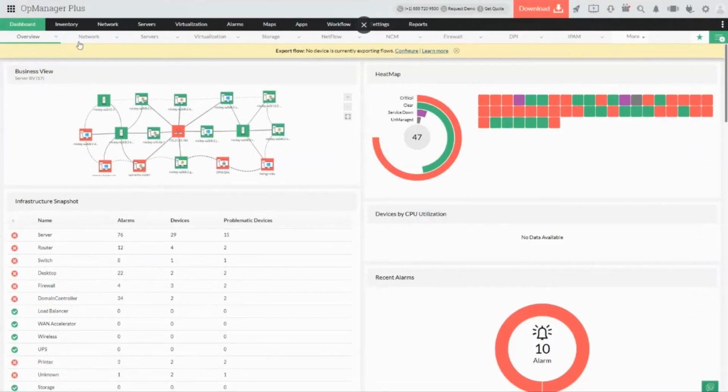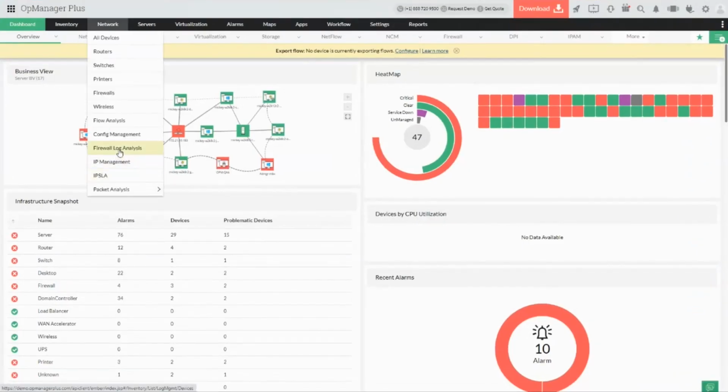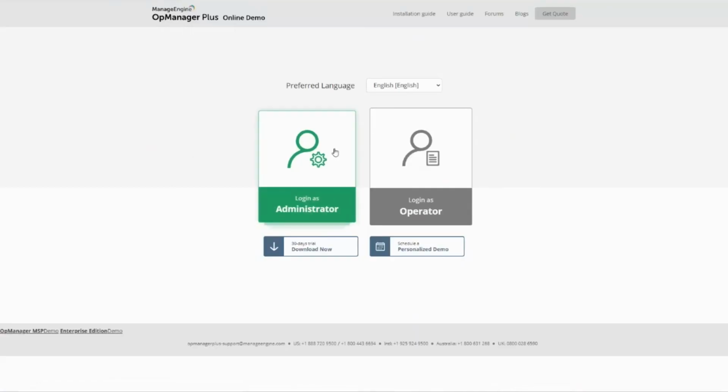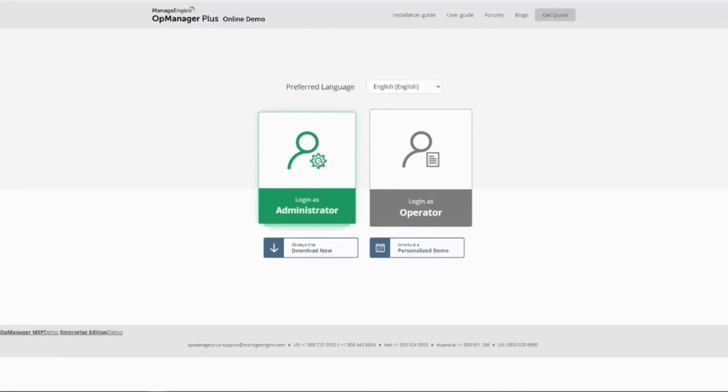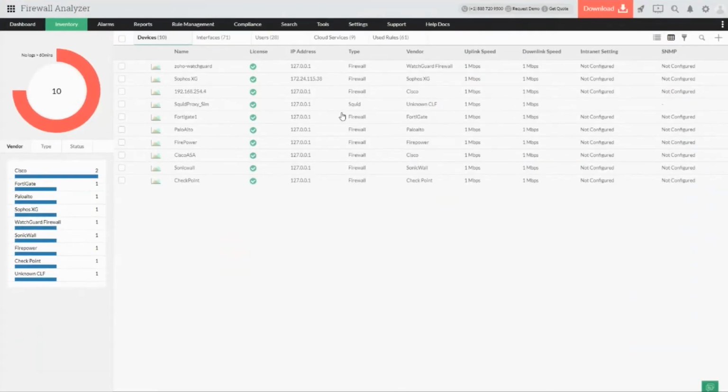The data which we are going to see is all based on the firewall and the syslogs which we are receiving, which is going to give us a detailed picture on how things are happening at what particular time, and better data for the respective firewall and the devices which we are able to see.